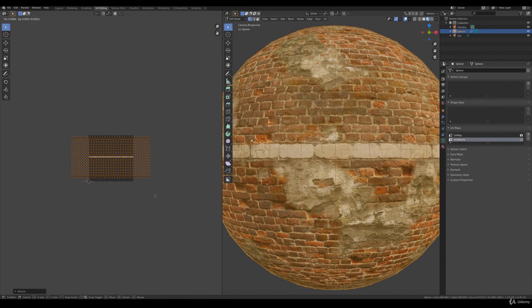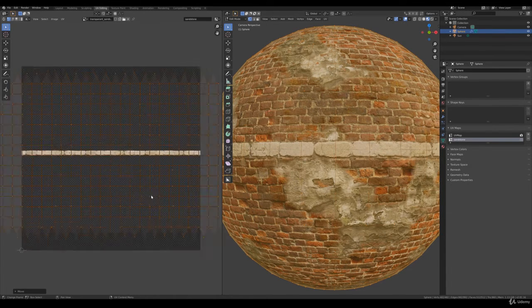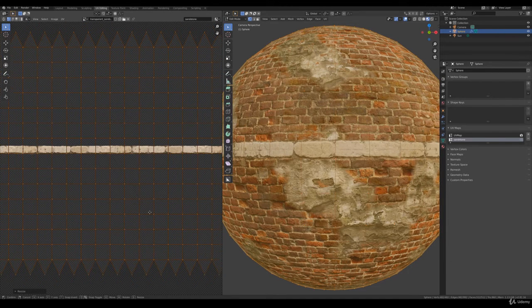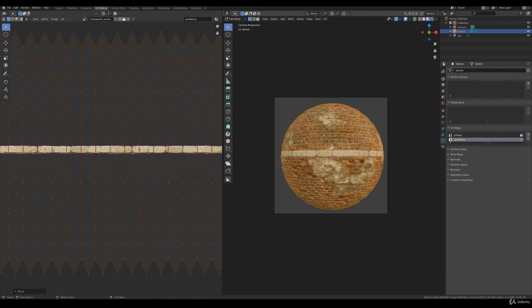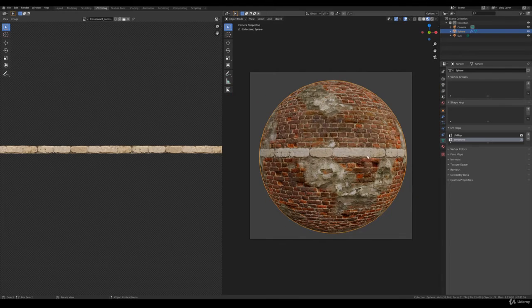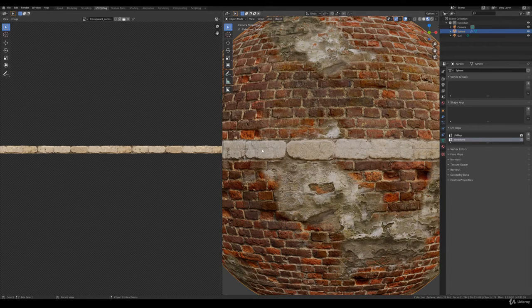So we have something. Let's zoom in so we have more control on this. Just a little more. Yeah, this will be nice. So we have this little line on top and on top of that. Good. Right, so we have the sandstone border now, but there is still a little problem, and that is the